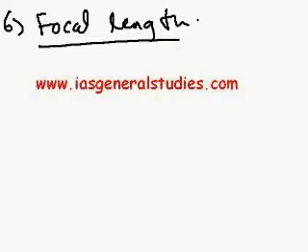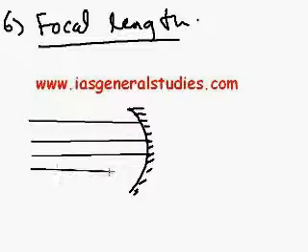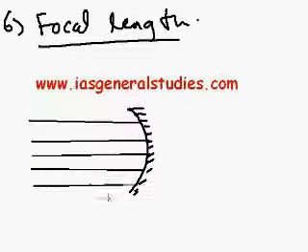Focal length. Okay, so we have to see what is meant by focal length. I am going to put a diagram. See, we have a lens here with a rough surface here and a polished surface inward. Suppose a parallel beam of light is coming and hitting the spherical surface like this. Now what will happen is it will start moving in this way and converge at one point.